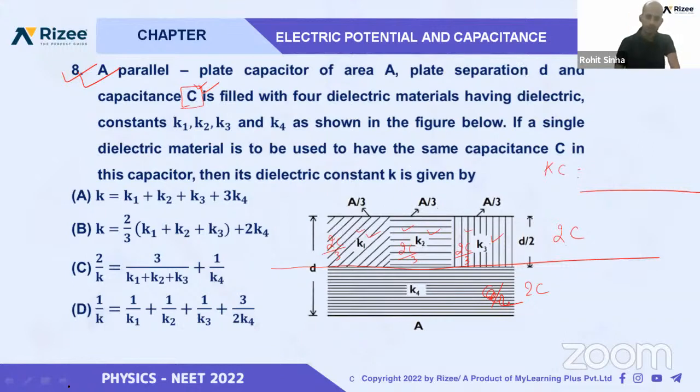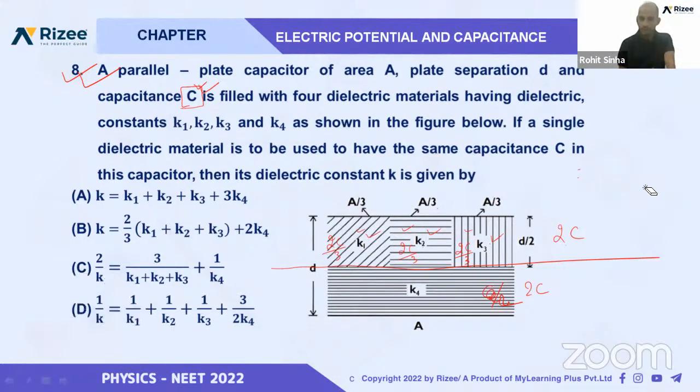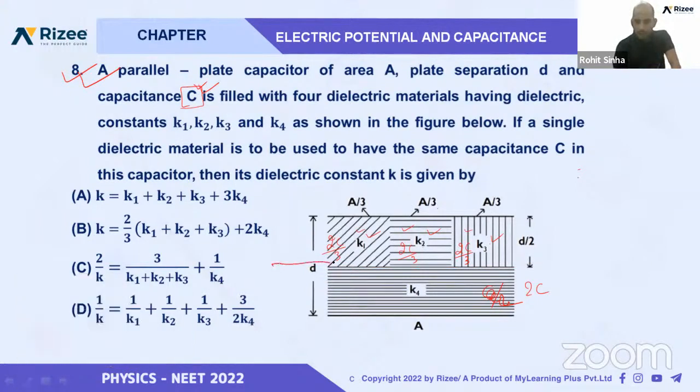Okay, confused. If you got confused, then let me tell you. We know when we cut the capacitor like this, we will get 2C capacitance here and 2C capacitance here. They are cutting here like this. You can see one part, second part, and third part. So when we cut like this, 2C in 3 parts, here will be 2C by 3,